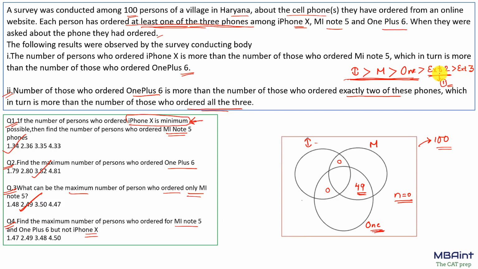Now let's try to satisfy the given inequalities or this complete inequality. So as of now, what we can do is mi and 1 plus are the same, that is 49 and 49. Now if we make this as 1 and give this as 50, are we satisfying all the condition? So mi is 50, this is 51, but mi and 1 plus again is 50. So this is also not possible. 49 case is also not possible. Let's try with the other number.